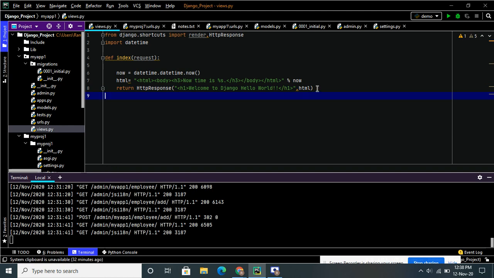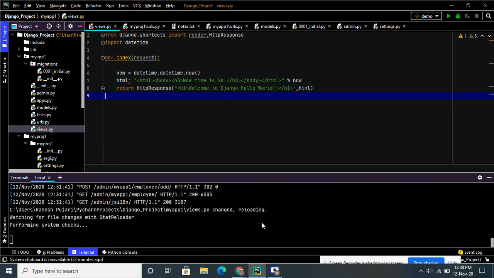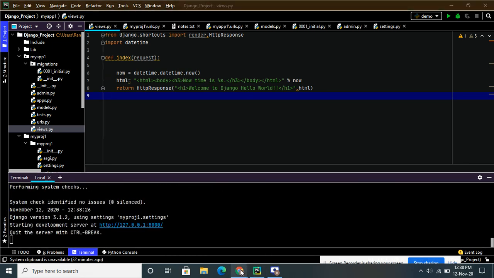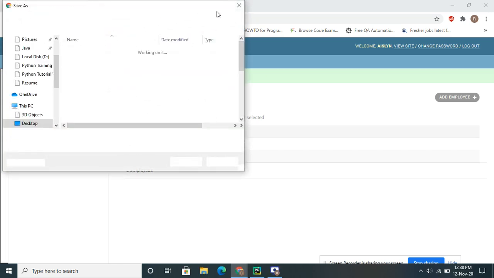Now I will show you how to run this one. Now reload the server. So now I'm reloading the server. Now I go to the browser and click on the enter button. I'm not running the admin model. I don't want the admin model.